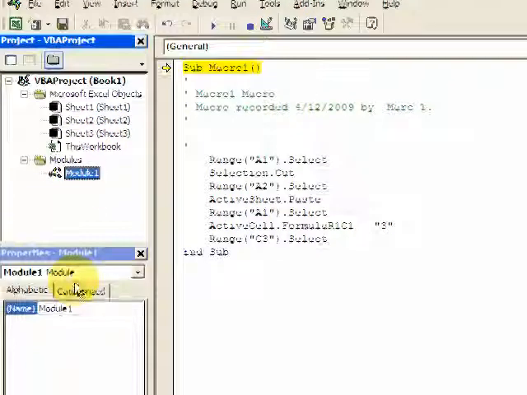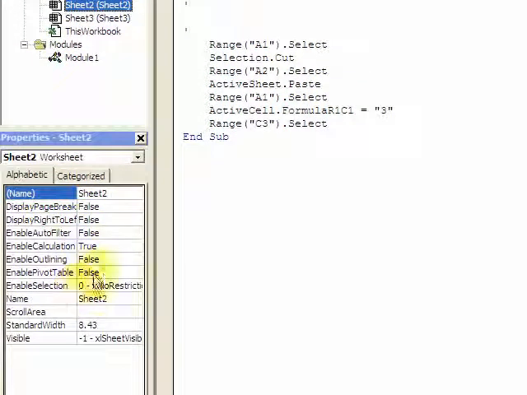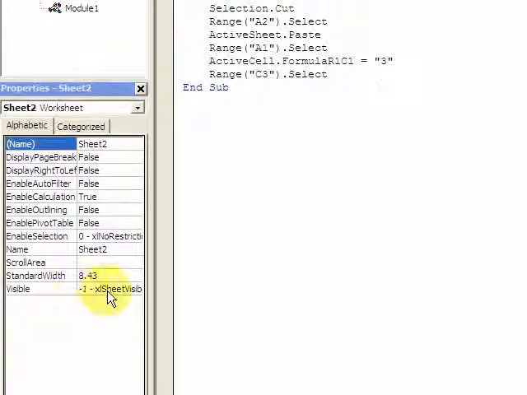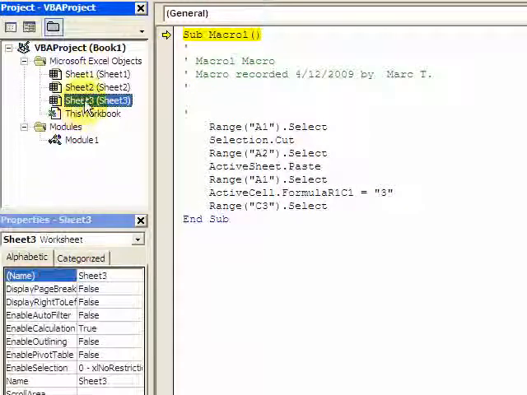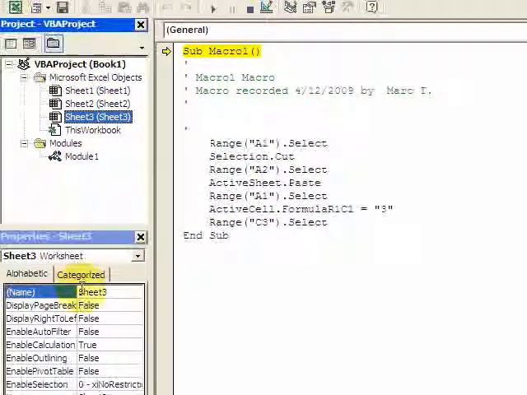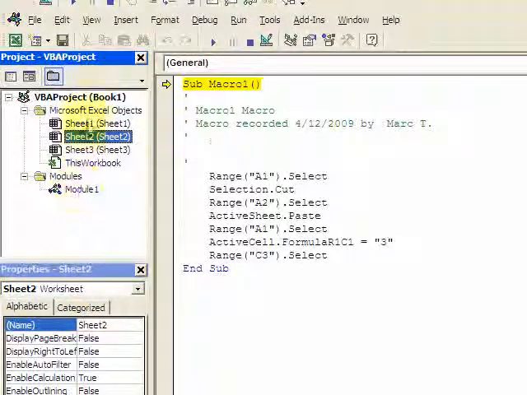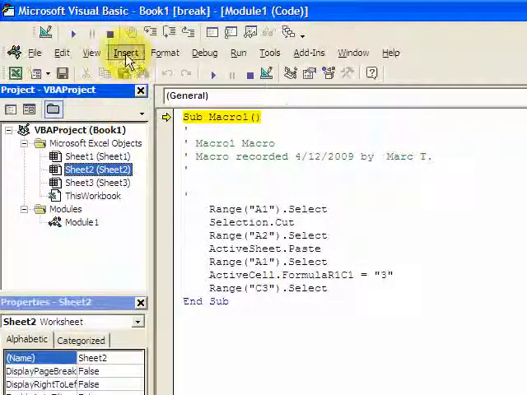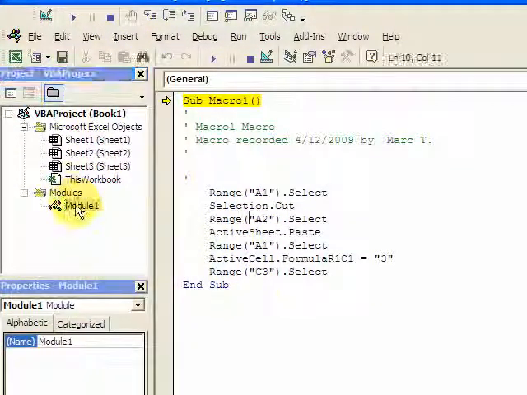And then this properties window is just if you ever thought about hiding a sheet, you can hide a sheet here. So if you want to do visible, not visible, and there's other properties that a sheet will have. And same with a module, just the name. You could change the name. So that is all that the project window does and the properties window does. Very simple, not hard. Just know that here's where you're going to write your code. Usually you do it in a module, and I would suggest if you need to insert a module, just do the insert here. Okay, so now let's go back to the module 1 where this macro 1 was stored,